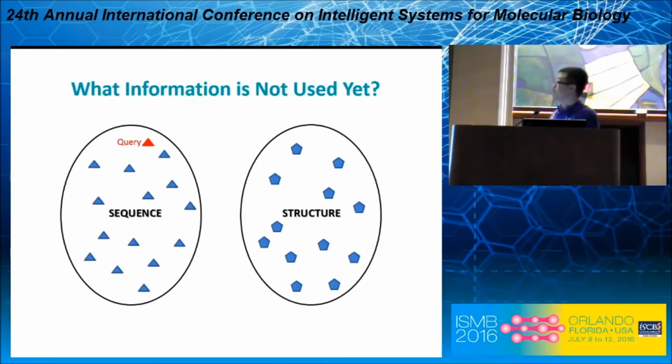Then at the high level, the sequence alignment-based methods either try to align or measure the similarity between the query sequence with every single other sequence in the sequence space, or some of them try to align the query sequence with a predefined very small subset of sequences in the sequence space, which are often referred to as protein families. Whereas the threading methods try to estimate the distance from the query sequence to every single structure in the three-dimensional structure space.